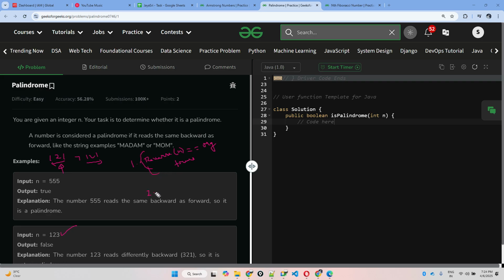Now the second point is how to reverse the number. This number 123, you have to reverse it, right? We have to get 321. Now how to reverse the number? To reverse this number, one thing you can do is first get this 3. If you do modulo 10, you get the last digit. So get 3, and then